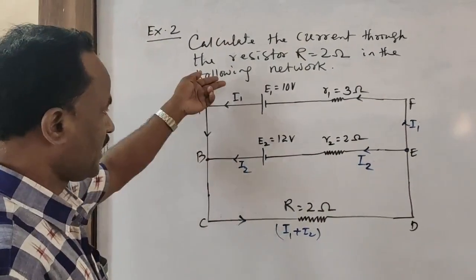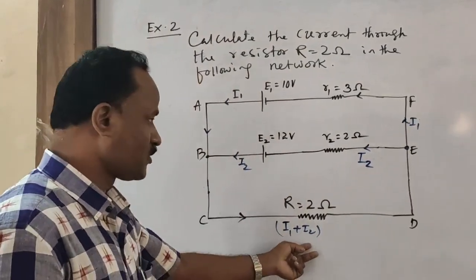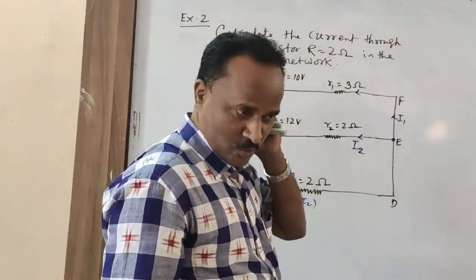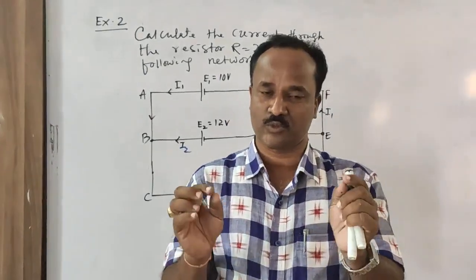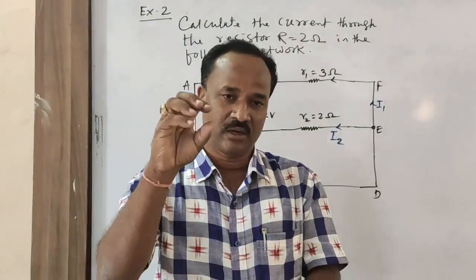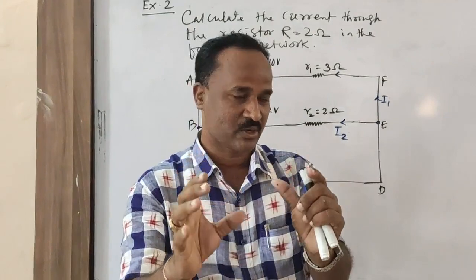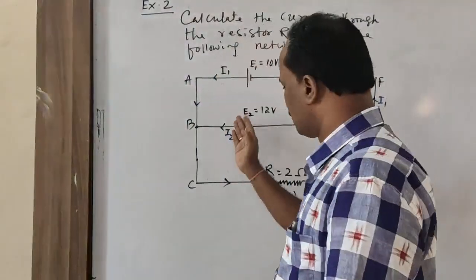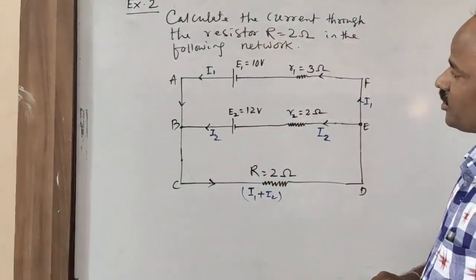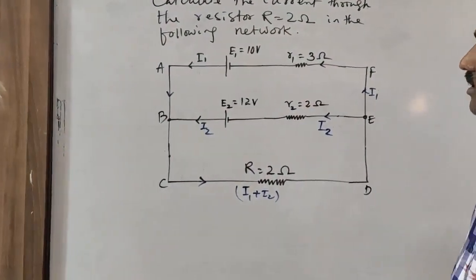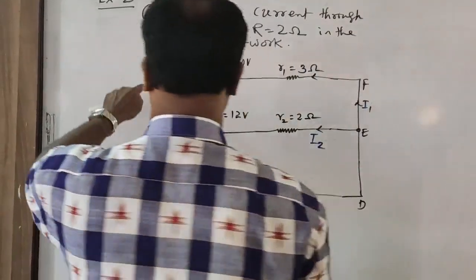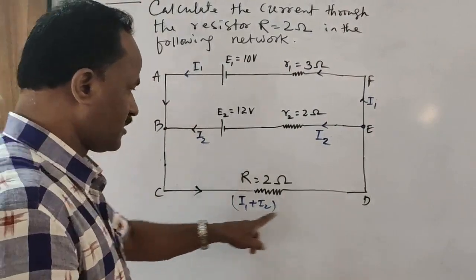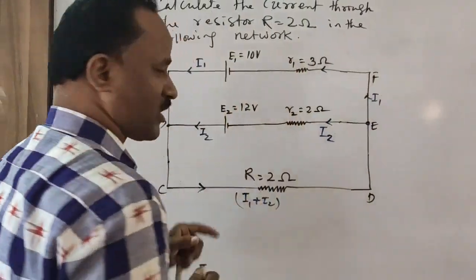But to find I1, I2, and also I1 plus I2, we may use Kirchhoff's voltage law. And to use Kirchhoff's voltage law, first see that it is strictly valid for a closed circuit, and the closed circuit may contain cells which provide current through it. So choose any closed circuit for your convenience. I may take one of the closed circuits, let's say A, B, C, D, E, F, A is one of the closed circuits.